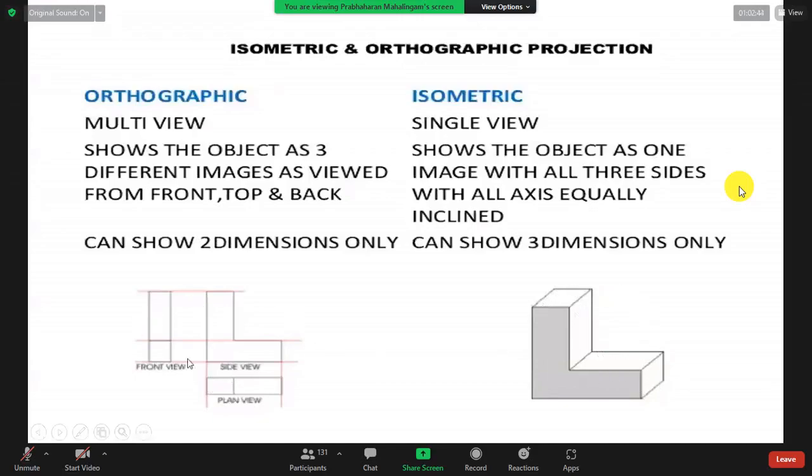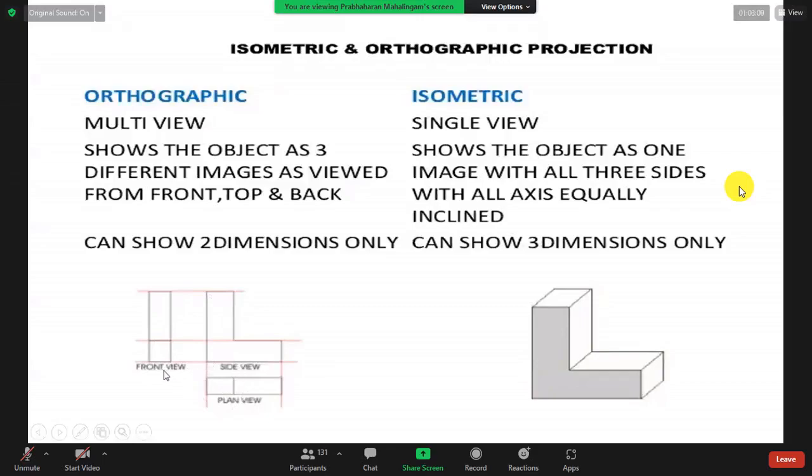Here you see only side and the front. Plan is called 2D. You see length and width. Actually it seems to be 1D, but it is actually a 2D. So it's a 2D.